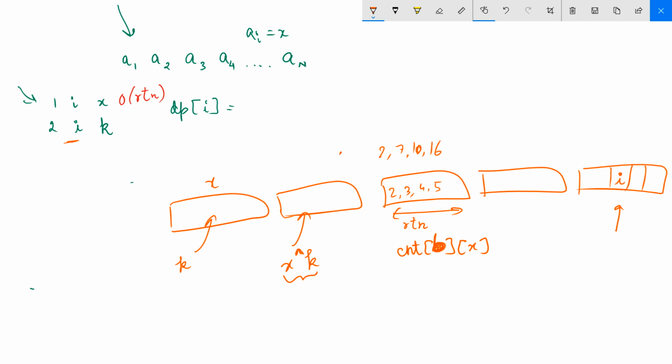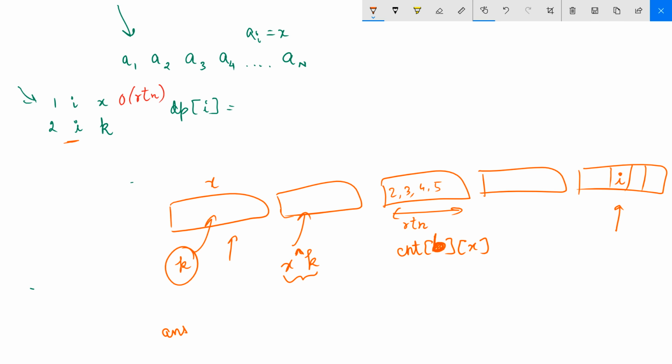So let this be the dp array obtained from these numbers 2 3 4 5, and I'm maintaining the count for these numbers. Now, for the prefixes that end in this bucket only, we just count the occurrences of k in the dp array of this bucket, and we add that to our answer.